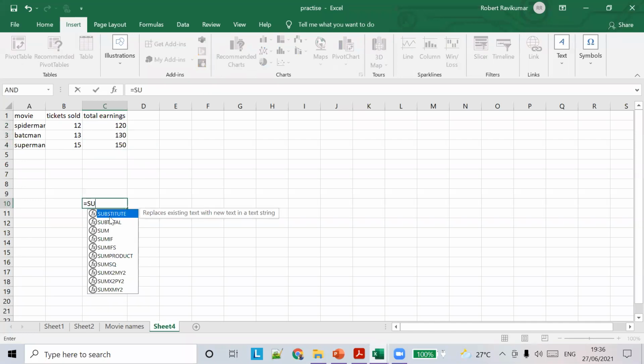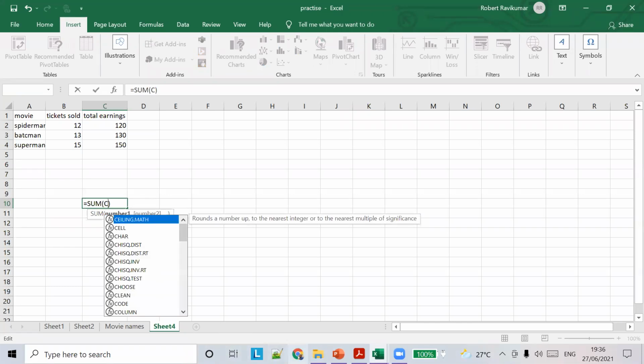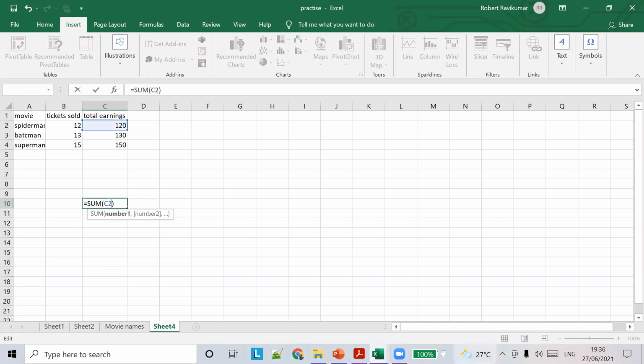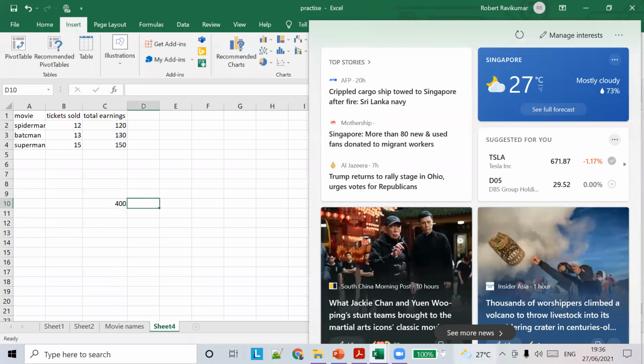Let's say if I want to add these three records, what cell range should I give? Sum of total learnings. What is it? Sum of C2 to C4.